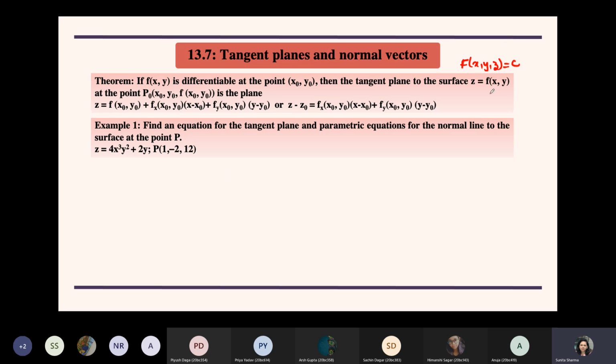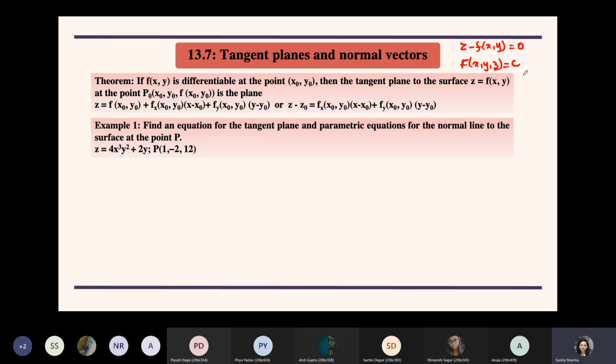Here, if you see, it is nothing but z minus f(x,y) equals 0. So you can solve it using the previous technique, where your c becomes 0, or you can solve it using this particular formula. This has been derived from the previous one only. It is not something different from that. You can do it both ways. This is just making it a little simpler.